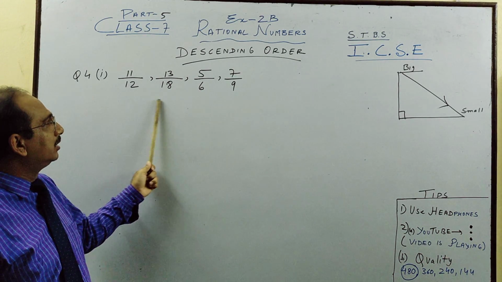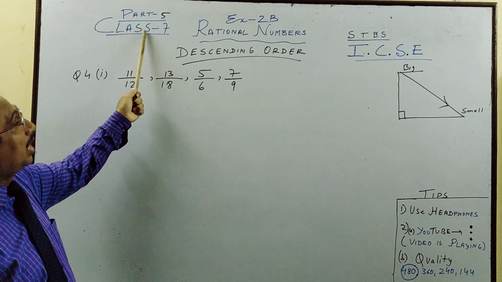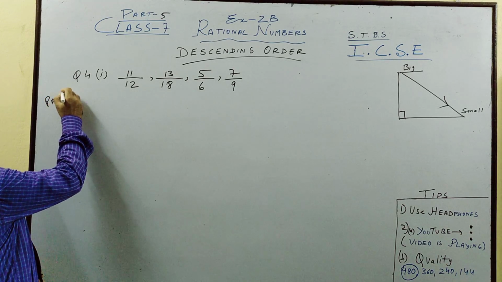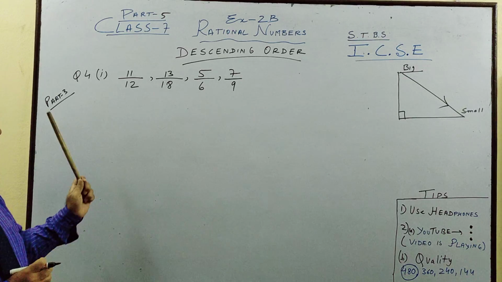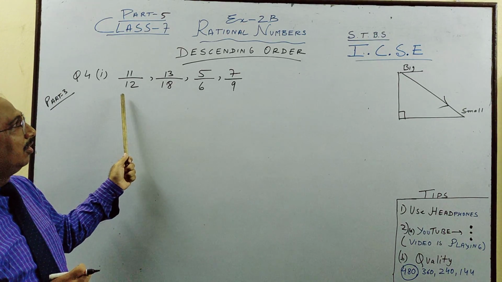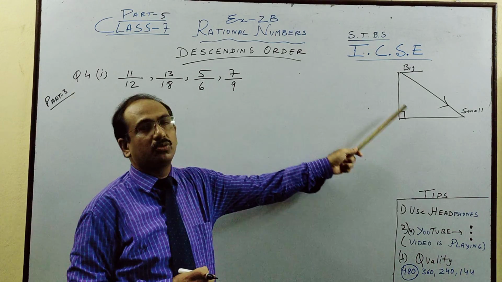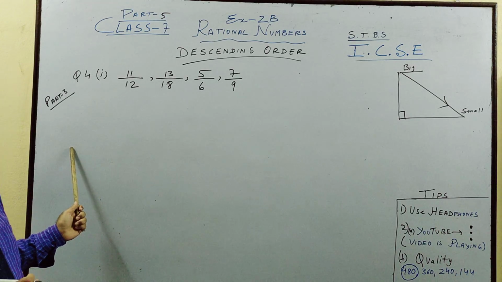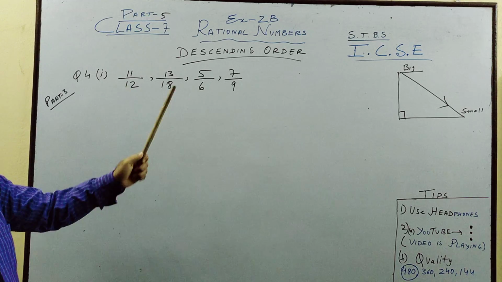The most important thing here: please see my 2b part 3 video for the concept. Then you will see the full concept except for one difference. There we were seeing which one is bigger, but here we have to go from big to small. So only in the fourth part; the first, second and third concepts remain the same. Only the fourth concept we have to see from big to small.